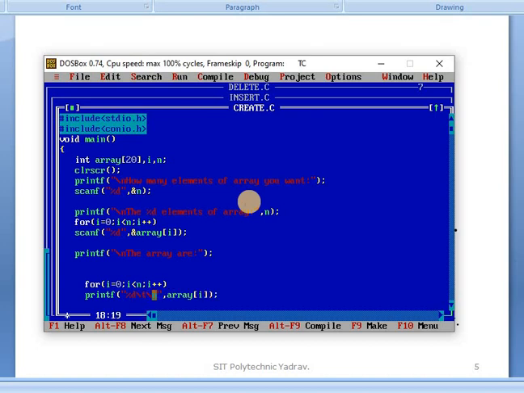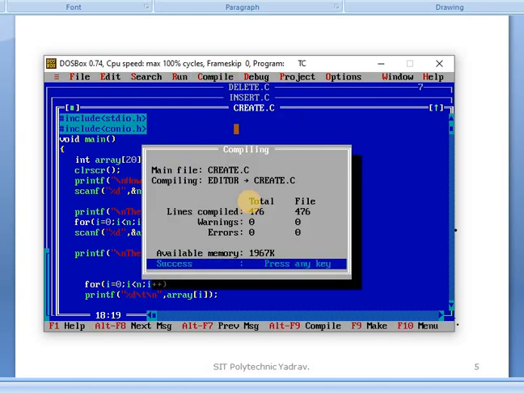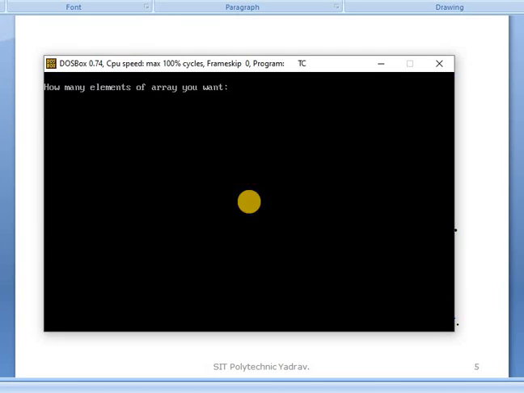Okay, first save that file, after that compile, after that run. The 3 elements which were added previously were 5, 6, 7.